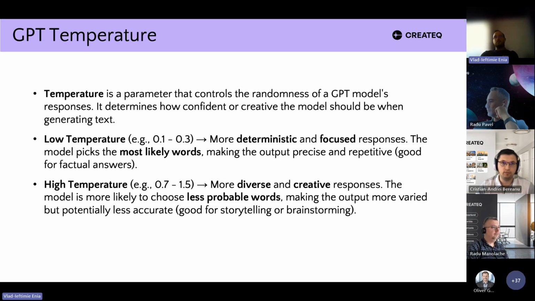If we were to use a high temperature, then we will get a more diverse and creative response. It encourages the network, because it is a next word predictor, to predict more unpredictable words, basically. And it is good for tasks that require creativity, like storytelling, brainstorming, things like that.